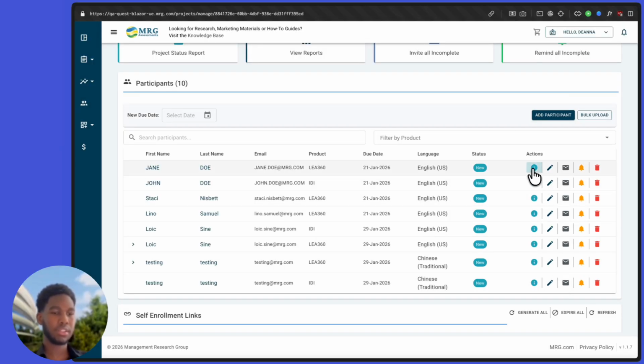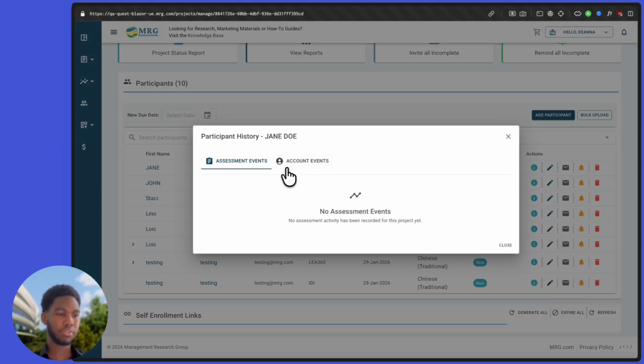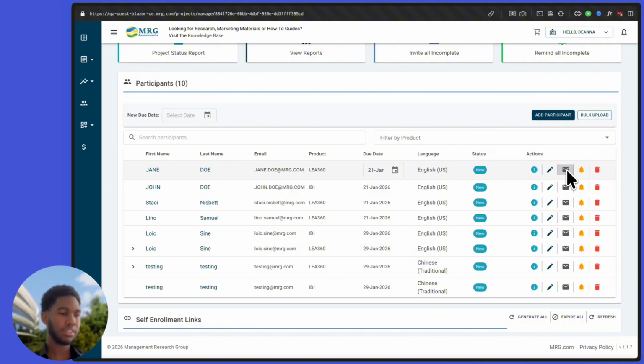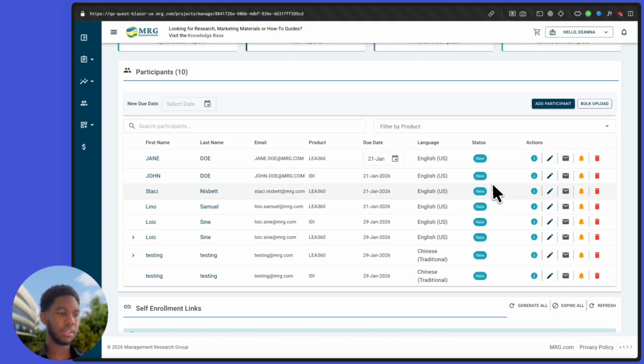Using the Actions button next to each participant row, you can view the assessment events or participant account events, including when they started and completed the assessment, any changes made to their assessment by a project user, and any account activities recorded, including their account setup, password changes, and more. You can also click the pencil icon to edit the participant's details, use the mail icon to send an email invitation, use the bell icon to send an email reminder, or use the delete icon to remove them from the